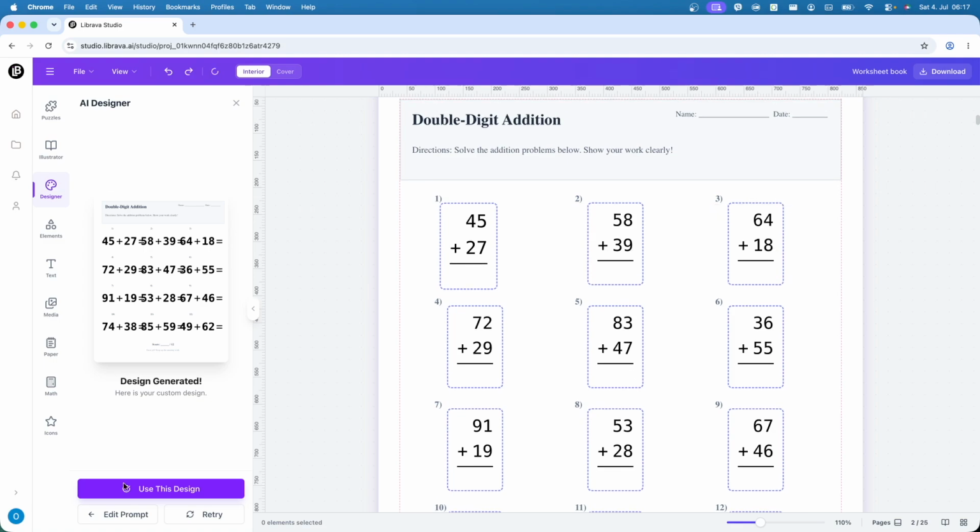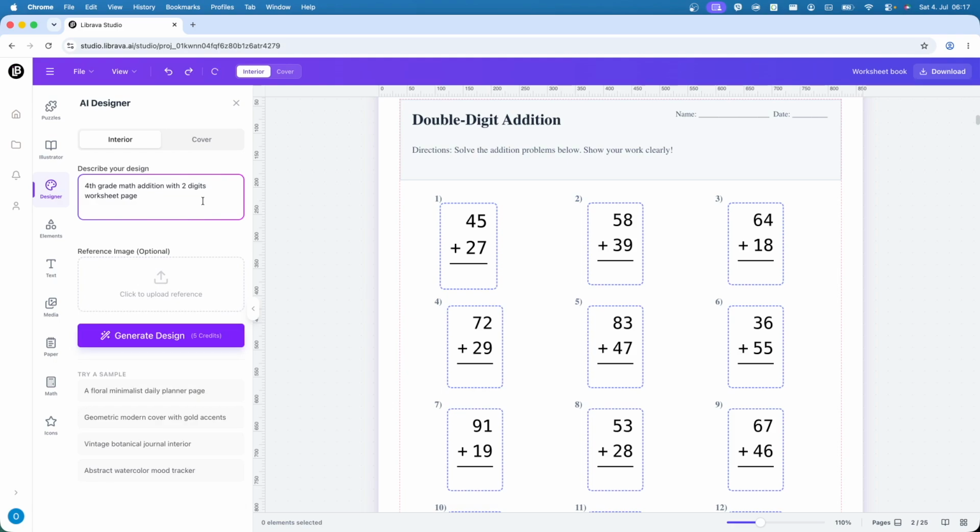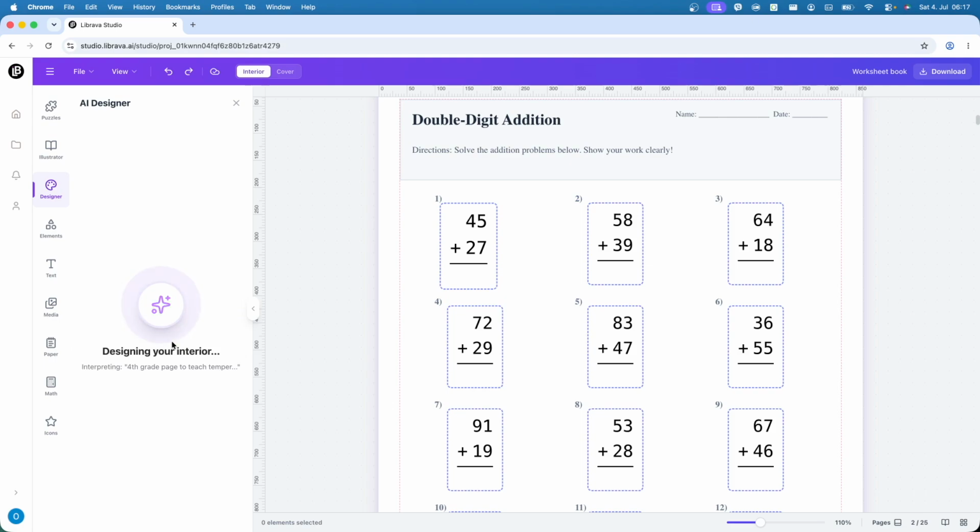And you can do something similar for anything math related. You can also say 4th grade page to teach temperature or something like that. So I click on design,